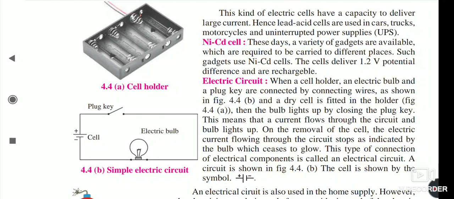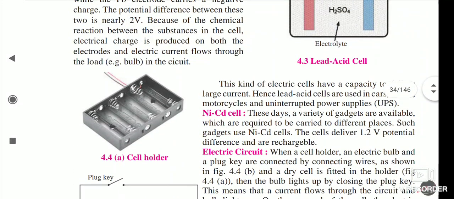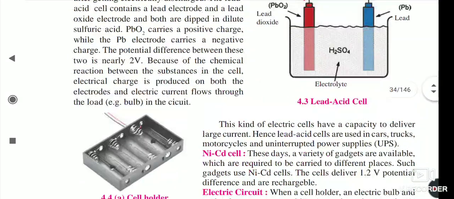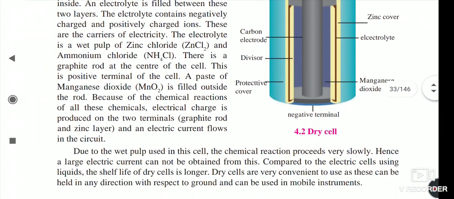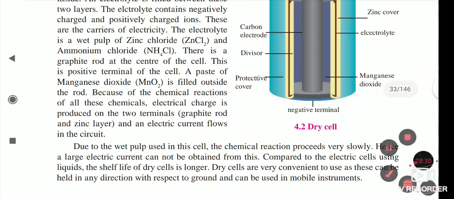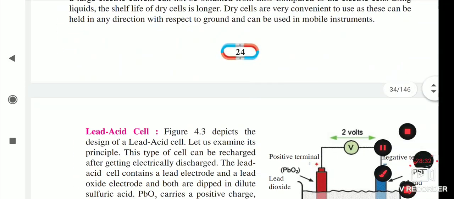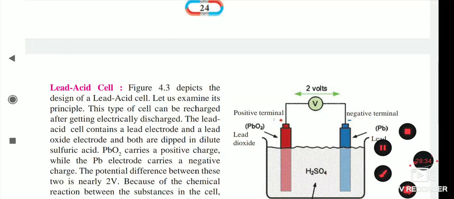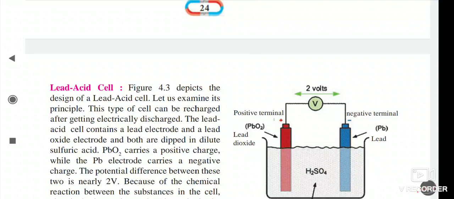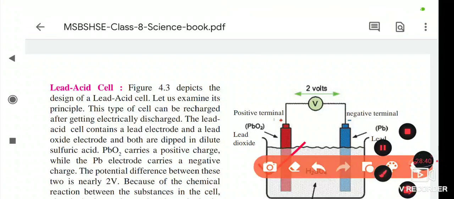Now tomorrow we will see the next part of our lesson, and today we will stop here. All of you read this part and understand the structure. Watching the video, understand the structure of the dry cell, and in the exam mostly the dry cell is the main one; otherwise, the lead acid cell figure comes for drawing, and it carries 3 or 4 marks. So practice drawing both cells and send it to me on my personal number.